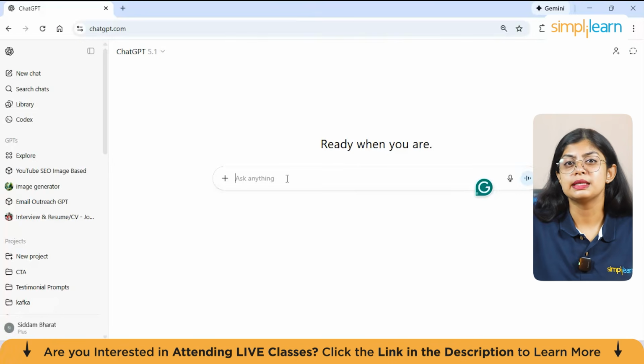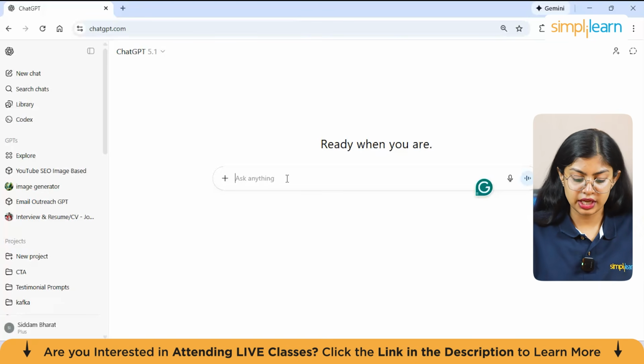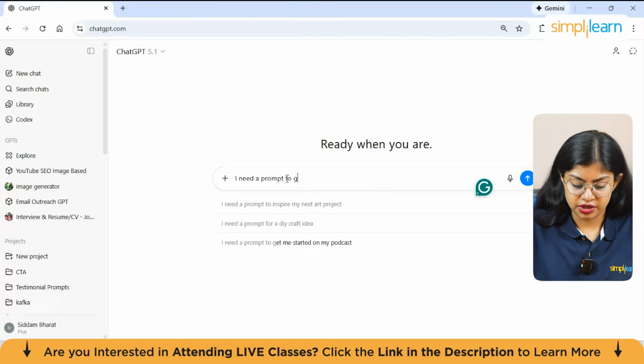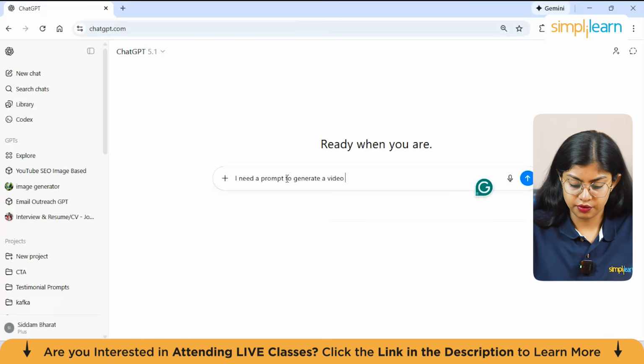Now let's start with a simple prompt. I'll be using ChatGPT to generate a prompt so that we get higher quality videos out of the text. So let's just ask ChatGPT to create a prompt. Let's say we want a shot of a cat sitting on a windowsill. So you can just give, I need a prompt to generate a video from text